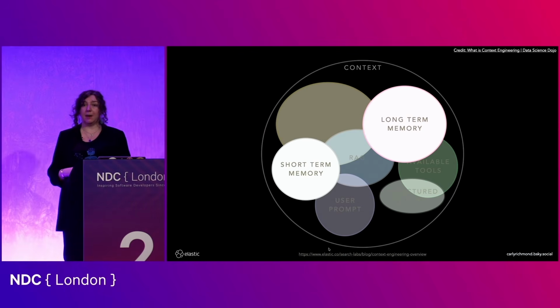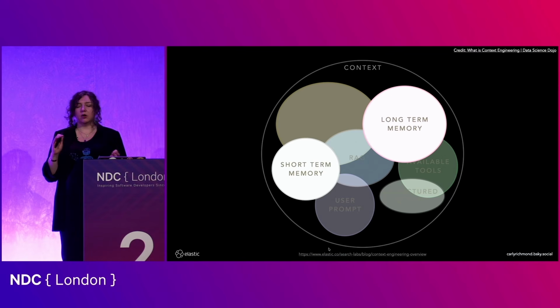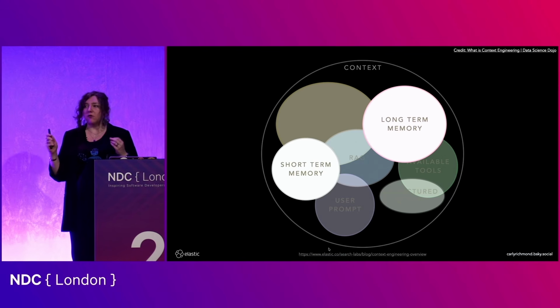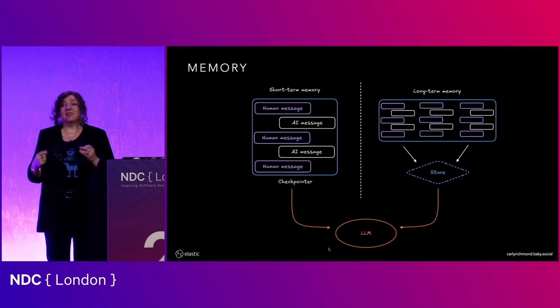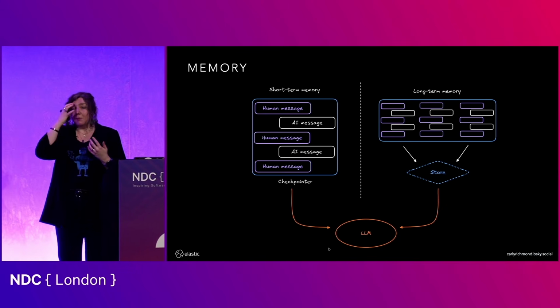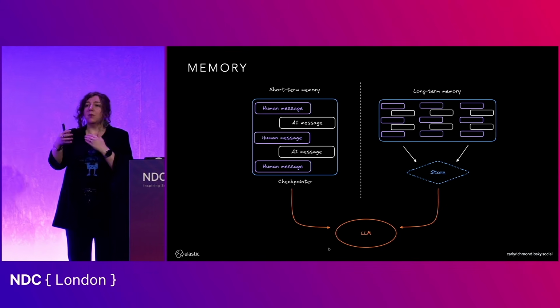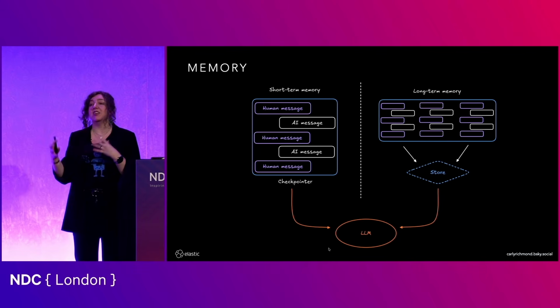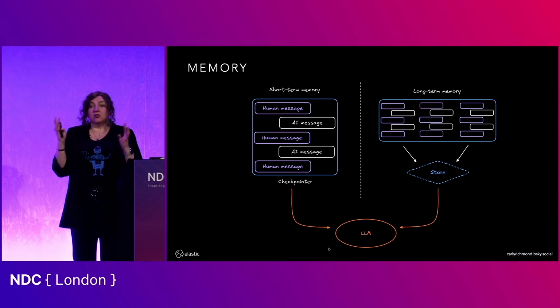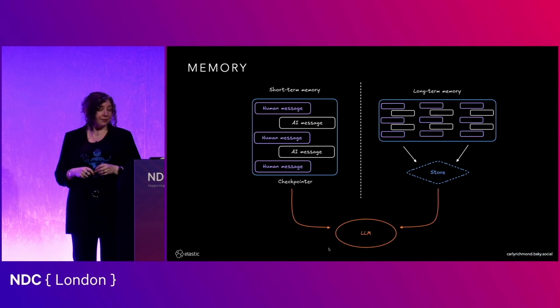So we need to talk about memory now. And we're going to cover short and long term together because they are related constructs. And what I mean by memory here is basically ways of storing the messages and the context from what's been happening with the conversation as we've been going, or what's been happening with the actions. Much like humans, I'm not from a psychology background, but much like humans, we have the notion of short and long-term memory for models as well.